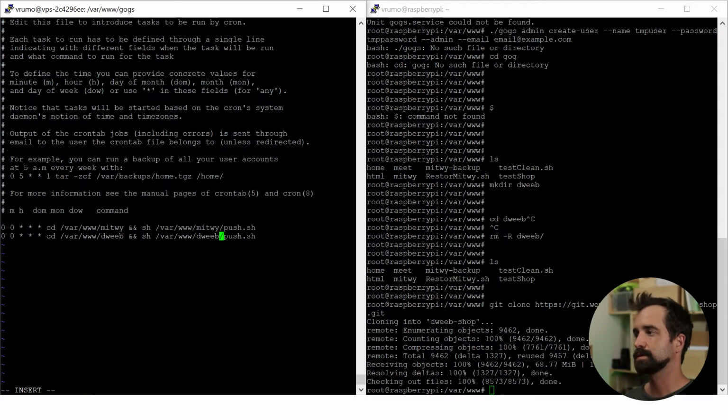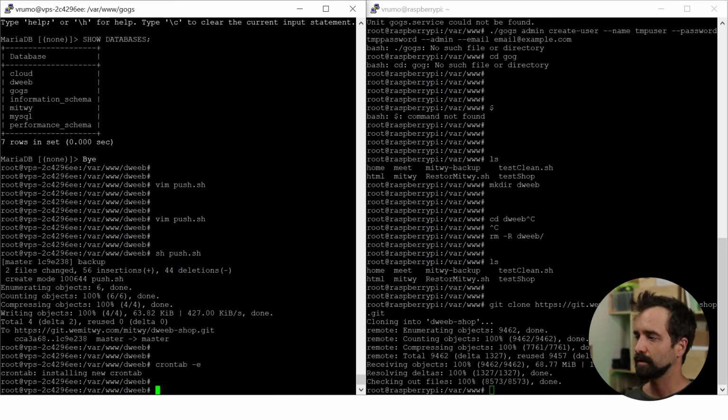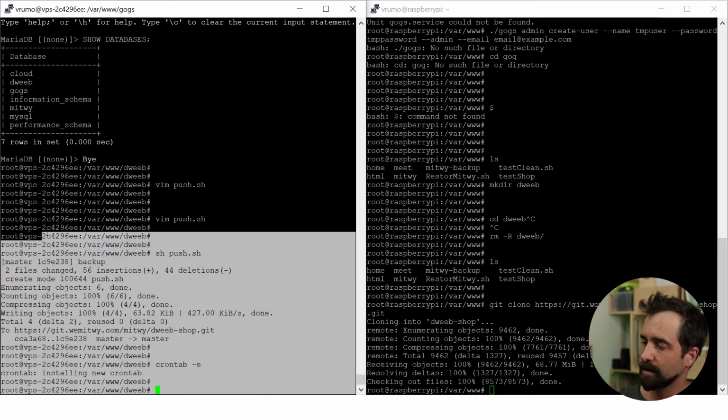So it pushes both at 00 in the middle of the night by using the script push in each folder. So on my VPS side, there's nothing else to do. Every day through the cron tab at midnight, it will push everything from the Dweeb directory and the Mitwi directory